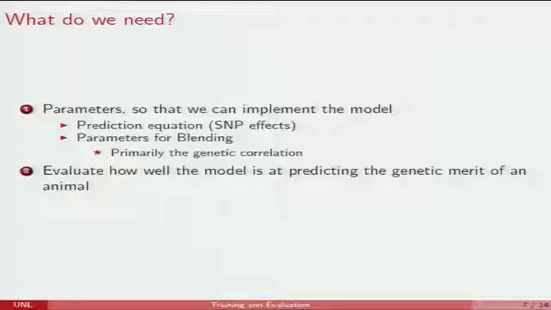Okay? I'm going to need to come up with a prediction equation, and for the most part, that's just the SNP effects. I take a look at this SNP. Does it have a large effect? Does it have a small effect? Does it not tell me anything? And then I need the parameters to blend that genomic information in with our phenotypic EPD